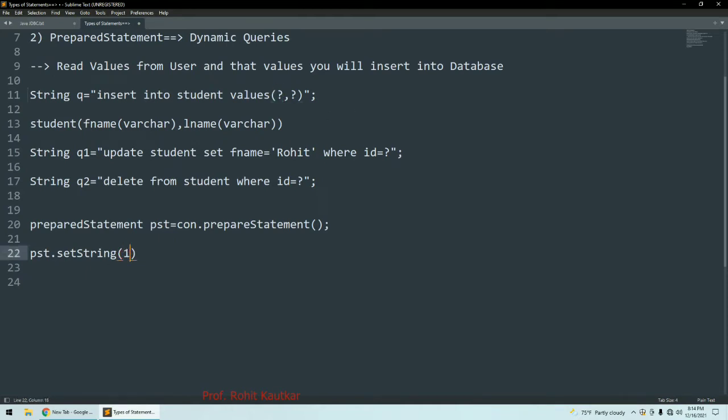So I will write 1 comma what value I want here. I want, let's say, Rajesh, for example. So this will set this first name to first parameter, and I will copy this query over here like this.